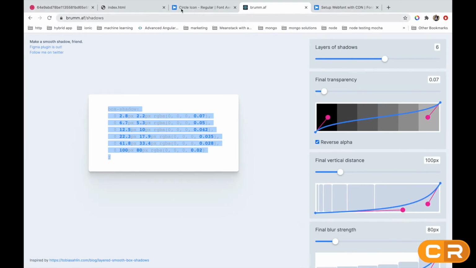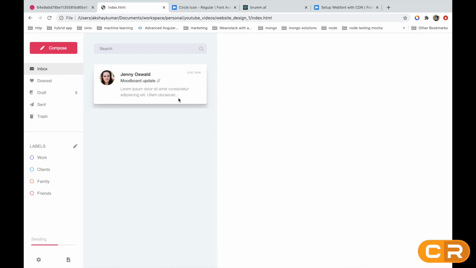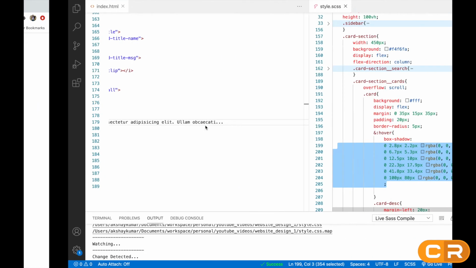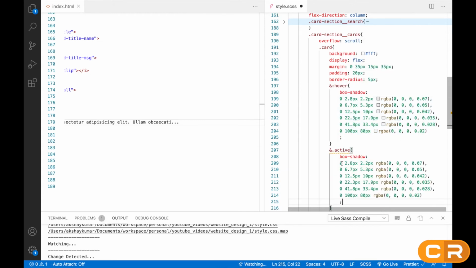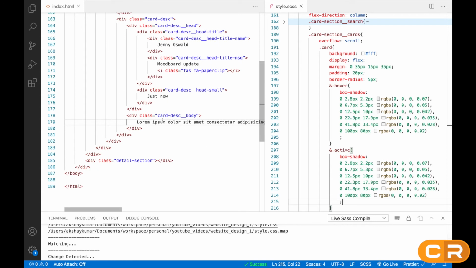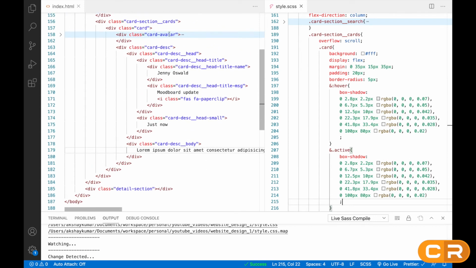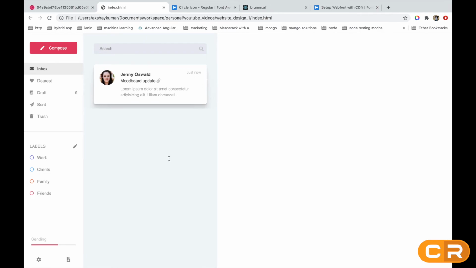So it will look something like this, see, like this. And for active also, we have to give the same styling. Okay, let's say we write active here, so it will look like this.